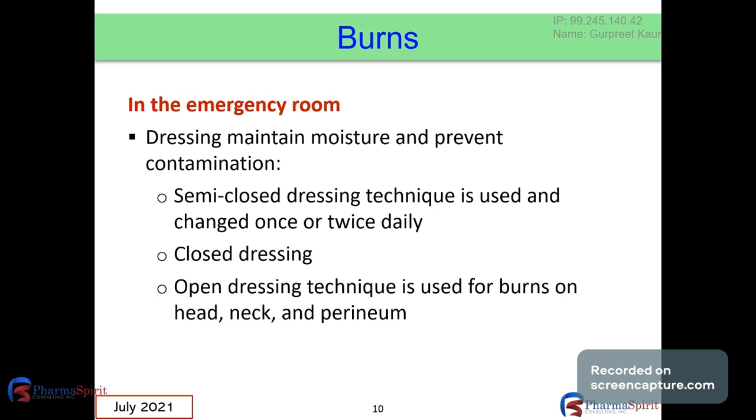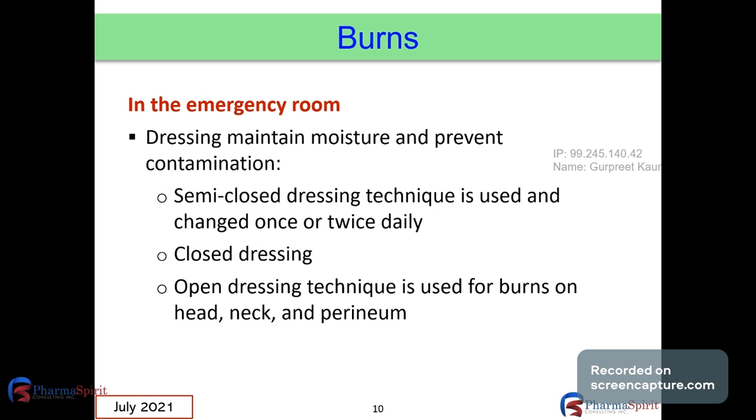There is also what they call the closed dressing technique. This is when the wound is covered with antibiotic and then covered with gauze, and then this gauze is taped in place. So you create a sterile area using the antibiotic to cover the burn. The open dressing technique is when the affected area remains open without any covering dressing,